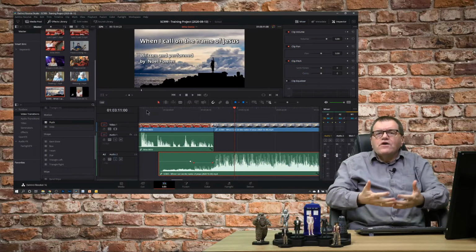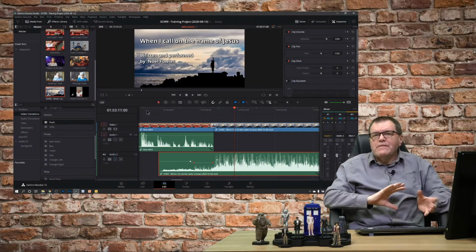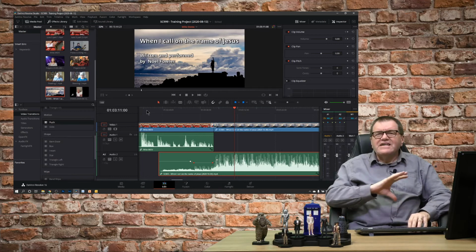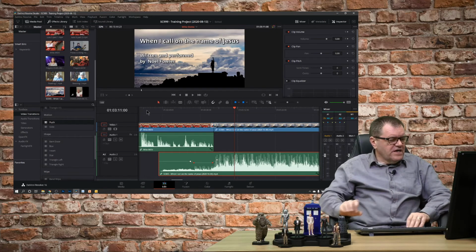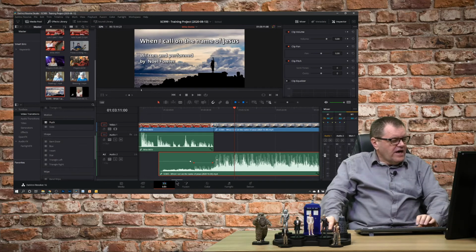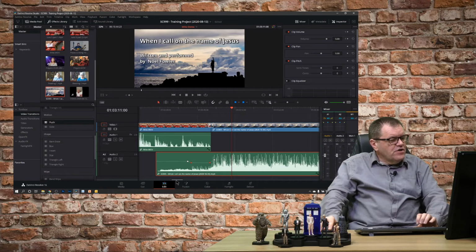So you can see that gives me a really nice transition there between the two scenes, and it eases in. The volume's not too high, so we don't lose the words of the sermon on there. Now we can do the same thing at the other end. So that effectively is a J cut, because we have brought in the sound before we've brought in the video on there. So if we think of this as your J coming down that way,